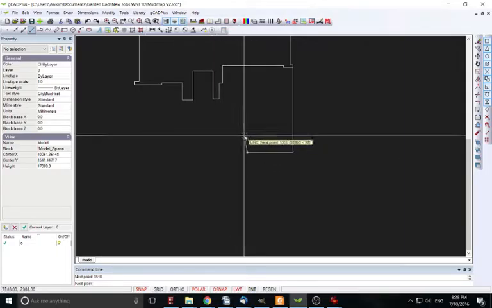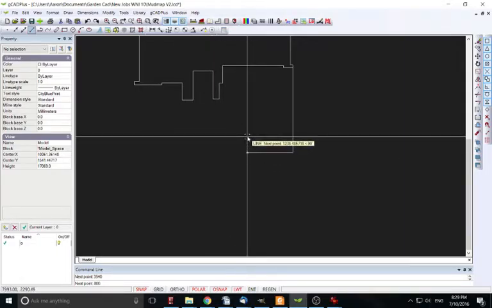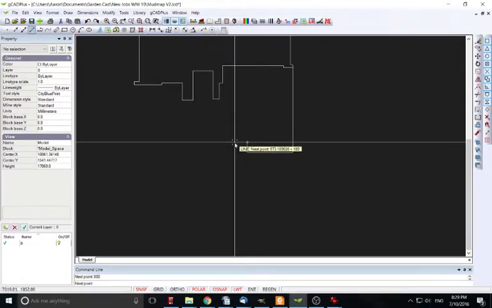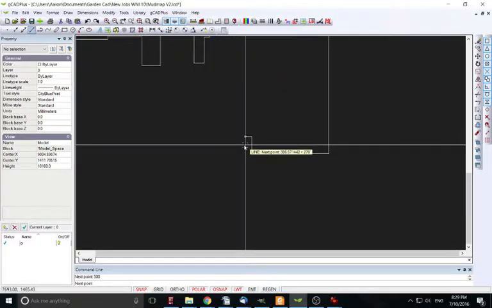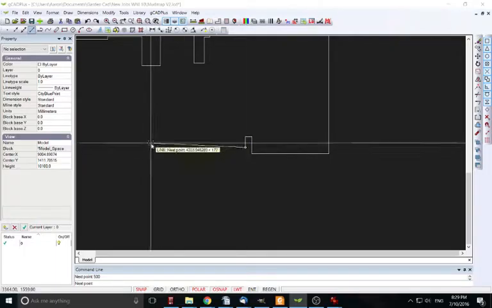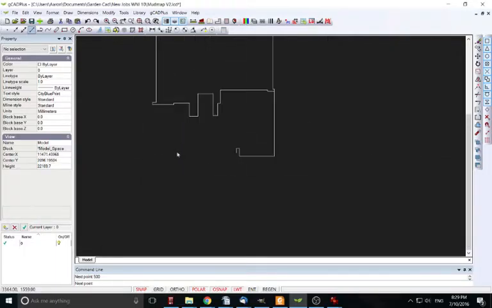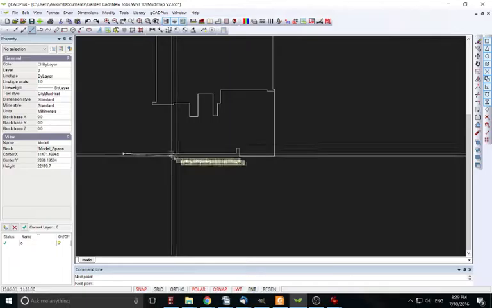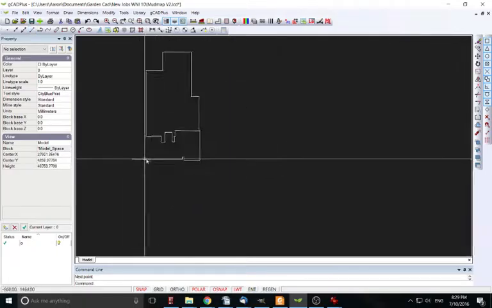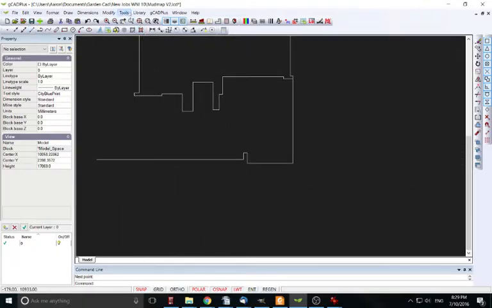So there's that there, 800, and we'll go 300 back this way because it's the thickness of the wall. So that means the return would be 500 there, and then this, we'll save that, and we'll just run that out to there for now. Okay, so what we're going to do there,